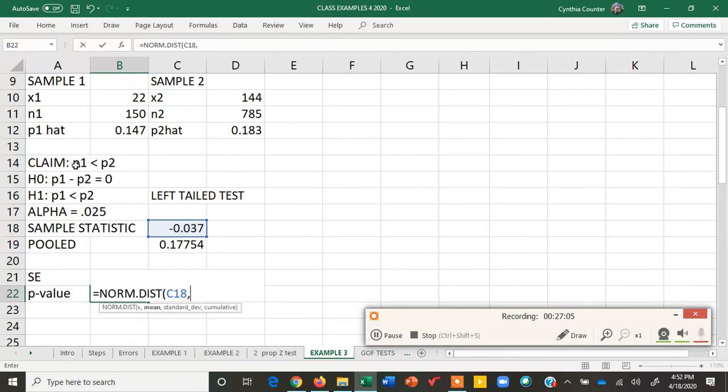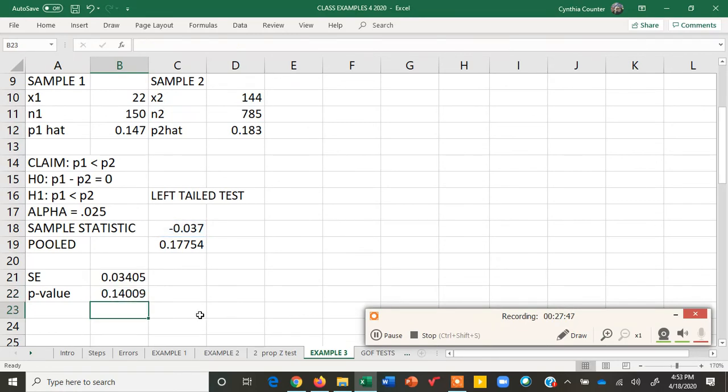So the value from the null hypothesis always replaces the mean, just like the sample statistic is the sample statistic x here. So what I want then is the mean, which we are assuming to be 0. So whenever we are comparing two proportions, we're always assuming that their difference is 0, so we will always have the mean as 0 in the formula. Okay, now we're ready for our standard error, which is in B21, comma, always true, close parenthesis,